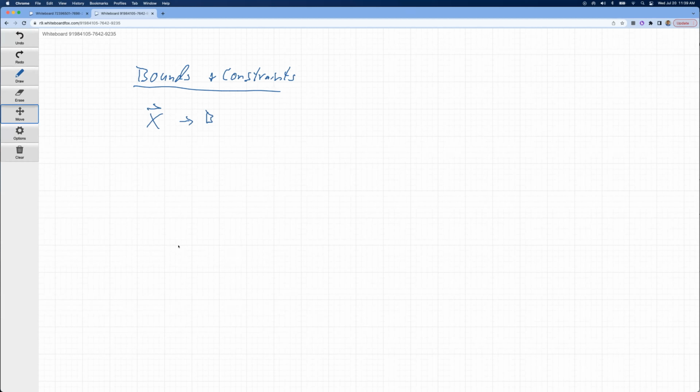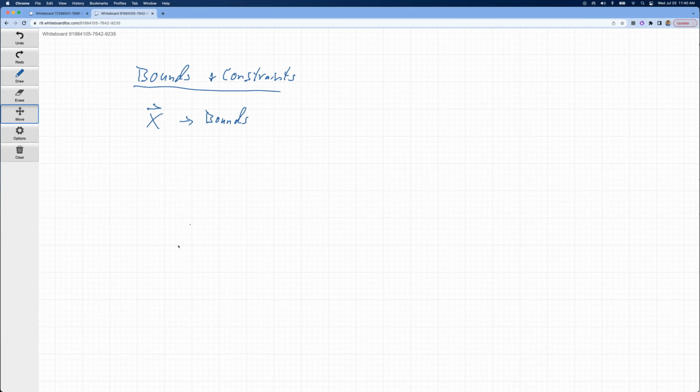So we can say we really don't want the values of X to walk outside of this region here, and so those are fairly simple to enforce, and most optimization algorithms will let you put in those bounds. We want X to stay within this range.